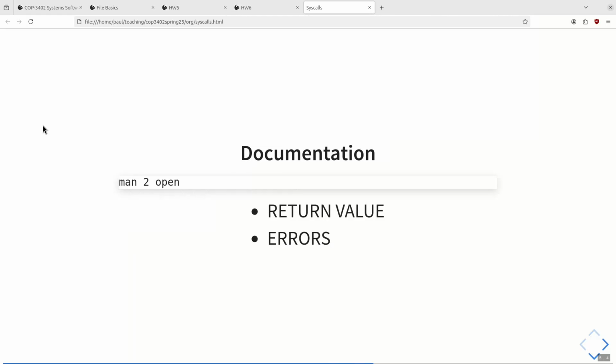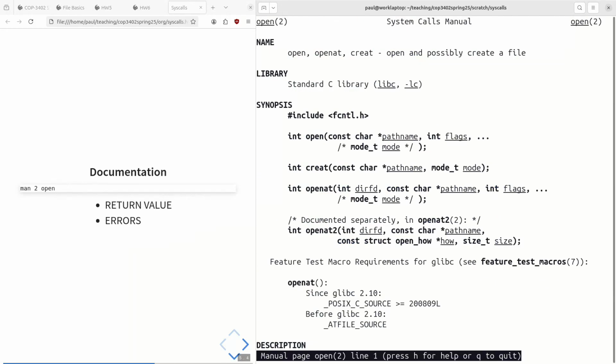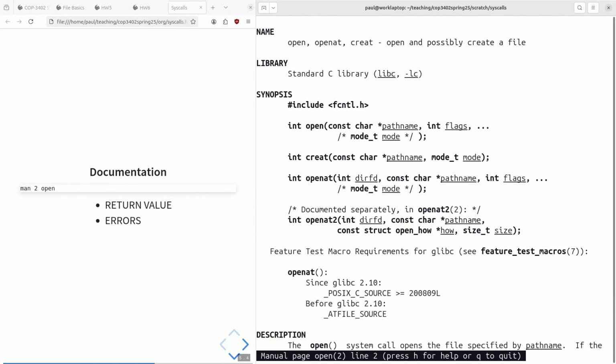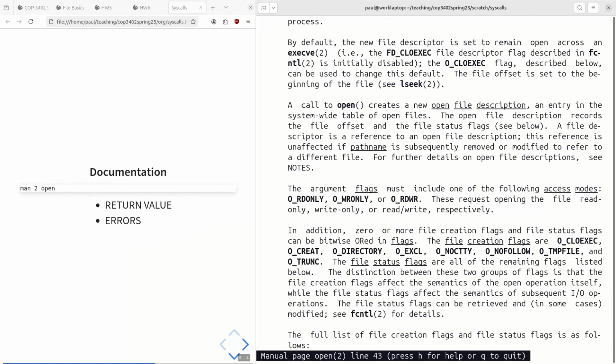All right, so how do we know what errors are possible and how do we know what return value to check? Well, this is where the man page comes in handy. There are two important sections to look at, and this is something that the homework will test your memory on, whether you remember this is where to look for the answers, because the answers are just here in the manual page. First there's a description section describing its behavior,